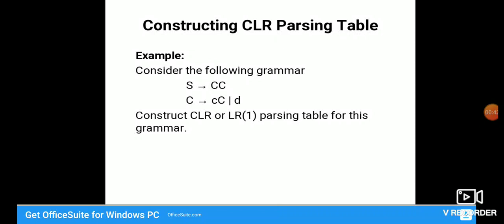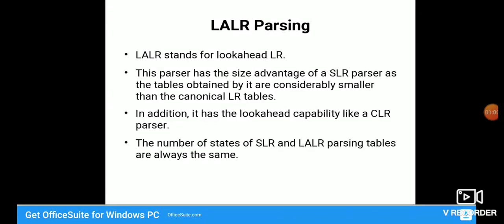Well, we have already done the construction of the SLR parsing table and the construction of the CLR parsing table in the previous lectures. Now we are left with the third category of parsing table, that is LALR parsing. So first of all we will try to understand what LALR parsing is. As the name suggests, as you can see in the first point,